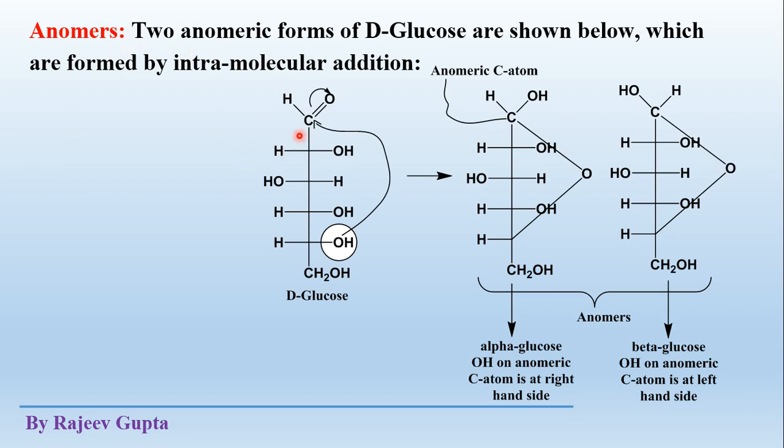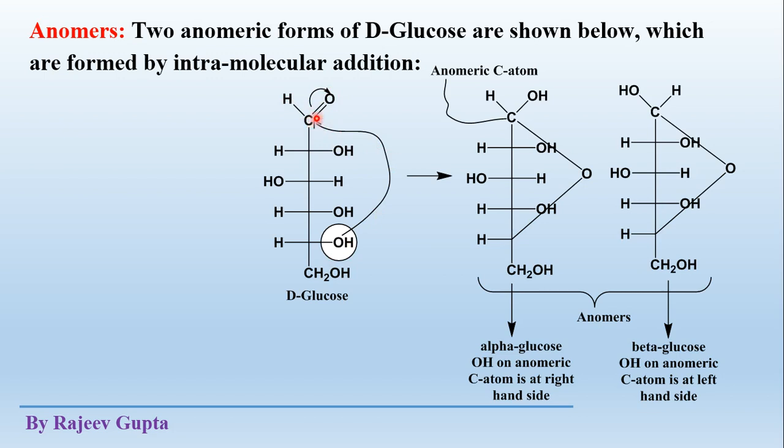Anomers, where we see the aldehyde group in glucose. This aldehyde group carbon atom is called the anomeric carbon. Actually, in glucose it is sp2 hybridized. This carbon atom is sp2 hybridized and not a tetrahedral carbon, and not even a chiral carbon. But when this undergoes a nucleophilic addition reaction, this tri-coordinated carbon becomes tetra-coordinated, or tetrahedral carbon, and becomes a chiral carbon.